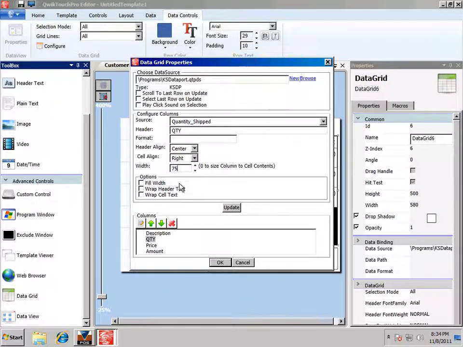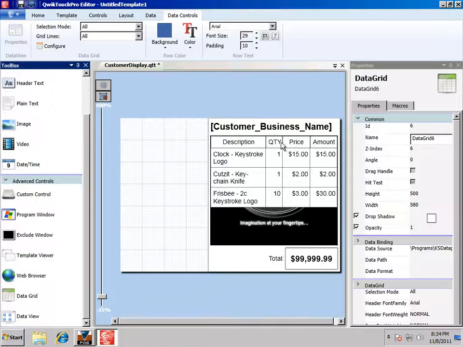And be sure anytime you do an update, when you're editing these, you have to hit update. If you just close this window, your changes are going to be lost. You have to hit update and then hit OK. And now you can see quantity fits a little better in there. And if we preview this